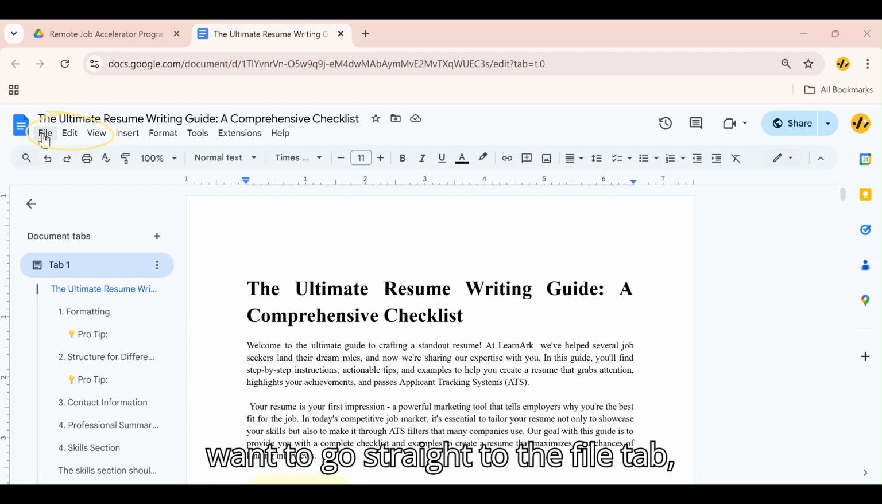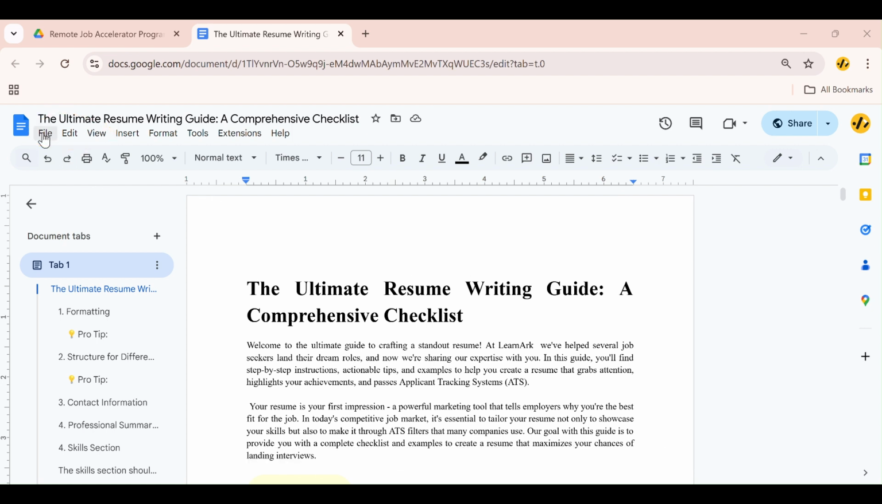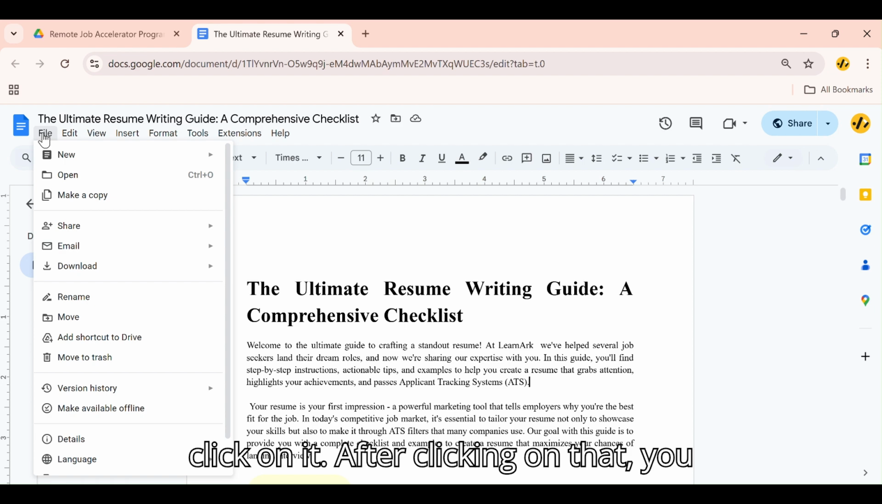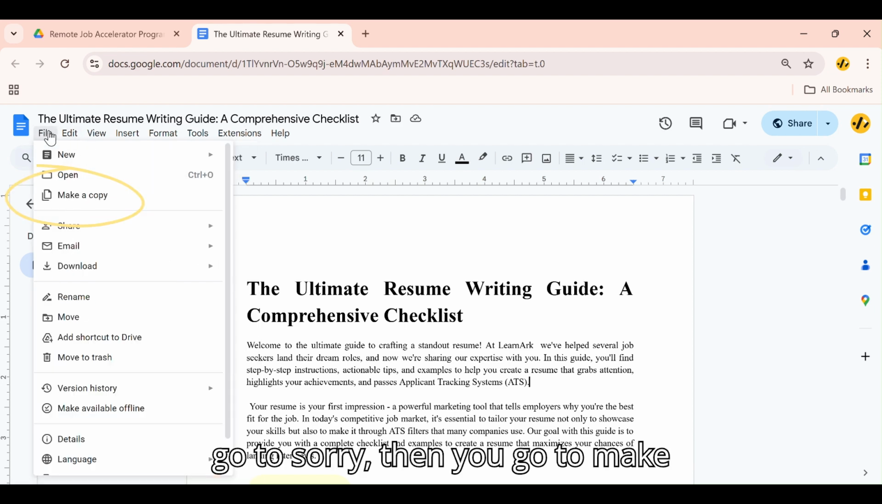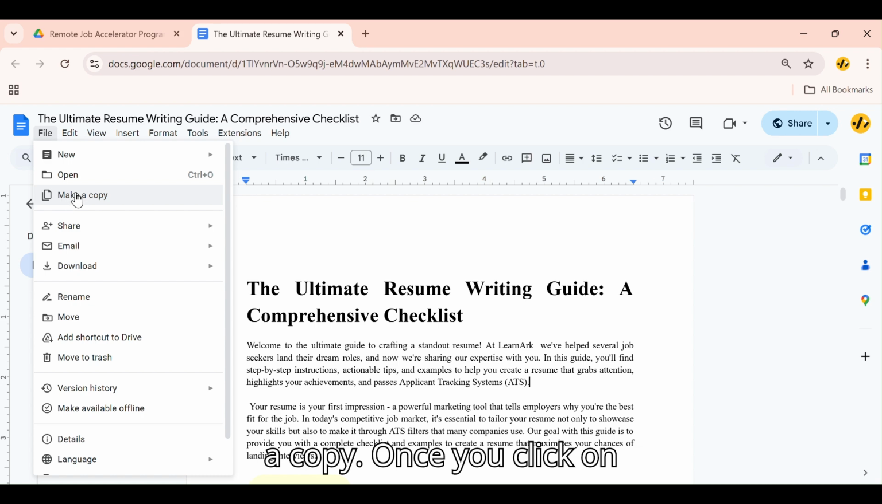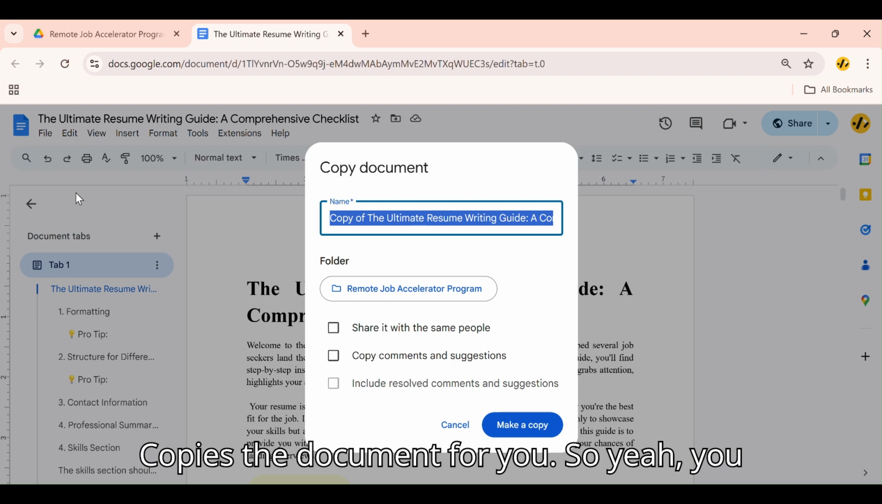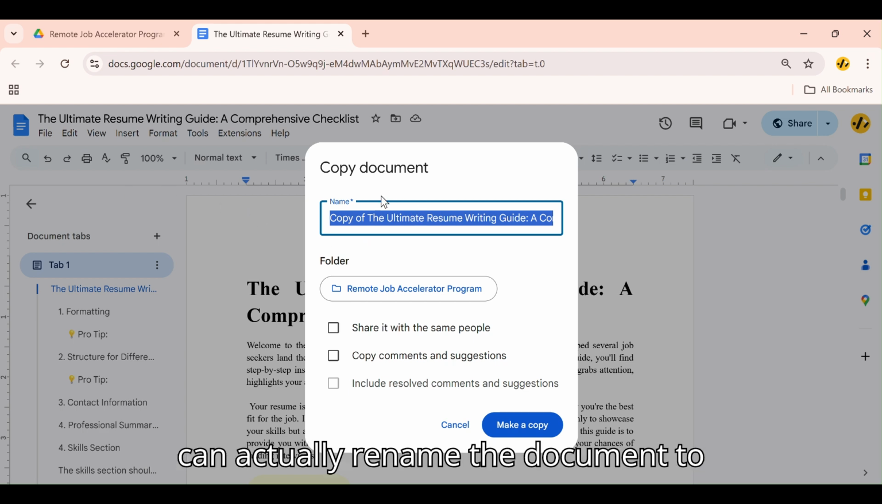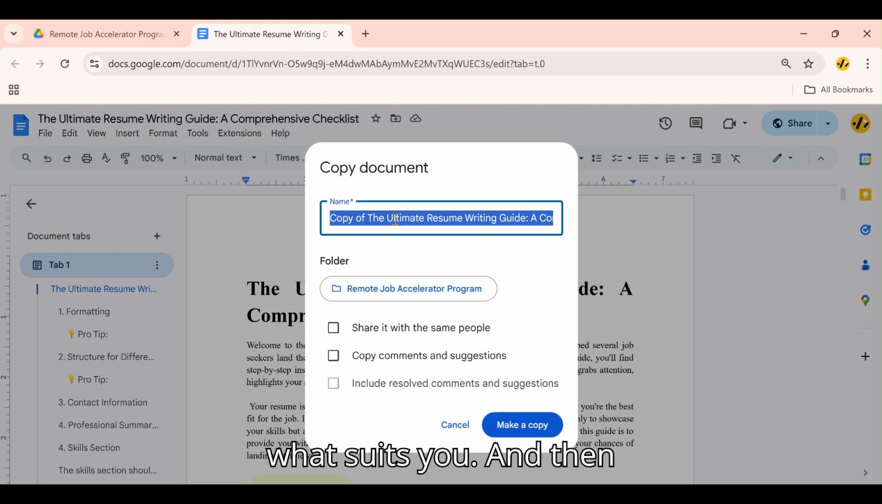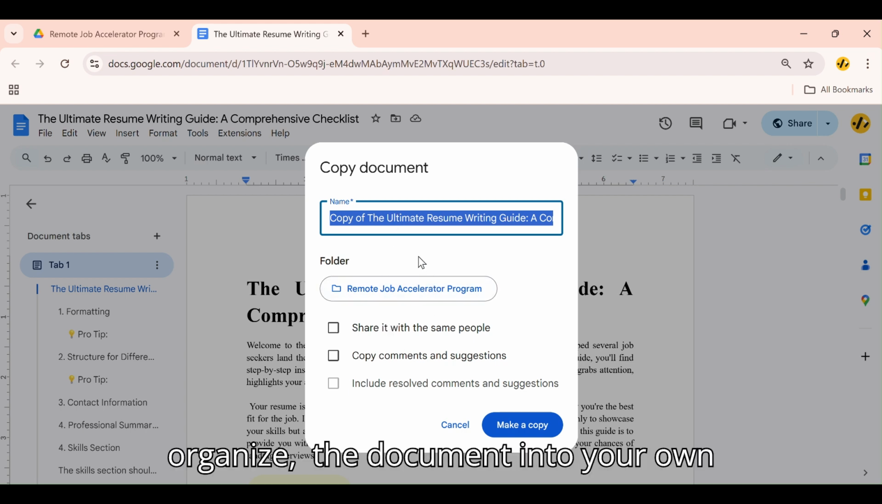You want to go straight to the File tab and click on it. After clicking on that, you go to Make a Copy. Once you click on Make a Copy, it copies the document for you. So yeah, you can actually rename the document to what suits you, and then you can also organize the document